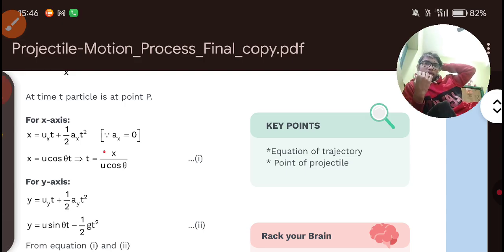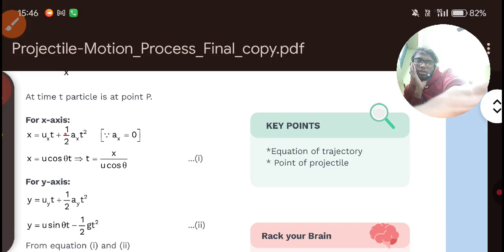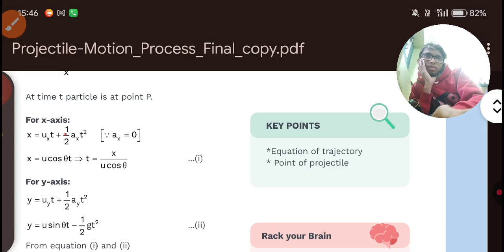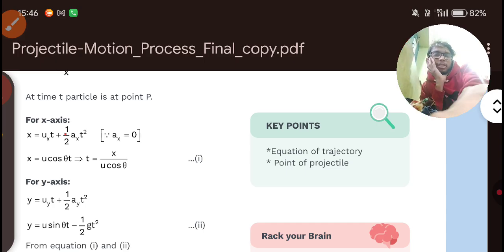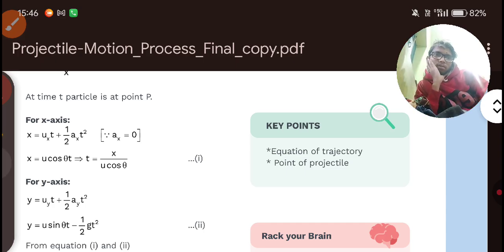At time t, the particle is at point P. For the x-axis, x is equal to